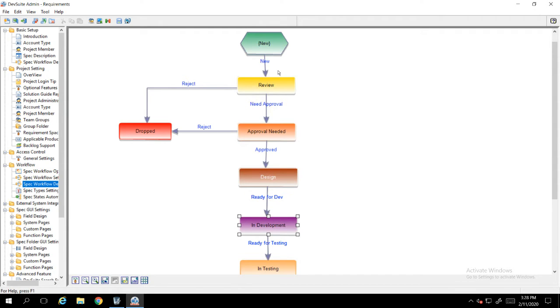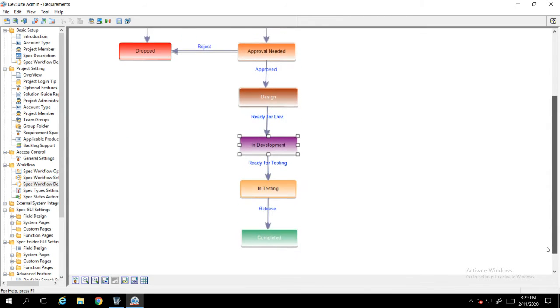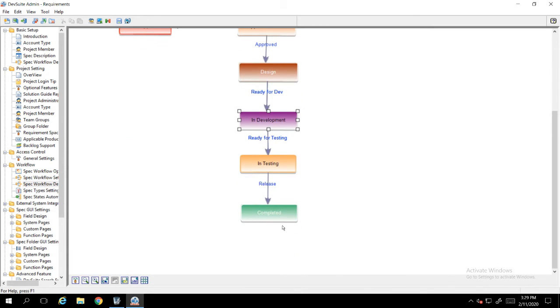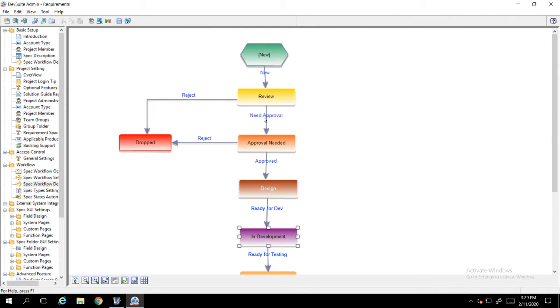In this example workflow, we can see that the initial state is review. It then can move on to approval needed or also be rejected and be moved to a dropped state. From there, it moves on to design and development and into testing and down into completed. The arrows between the states are called transitions, and then each square is a status or state that can be